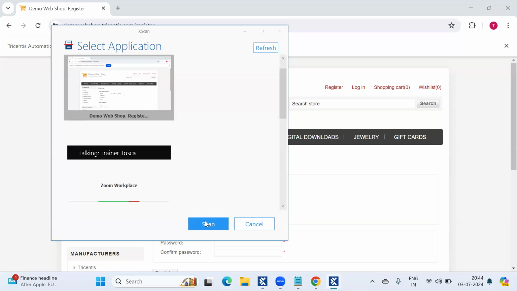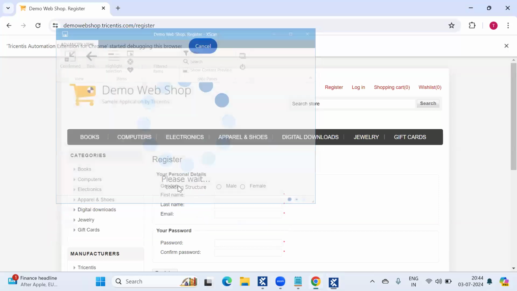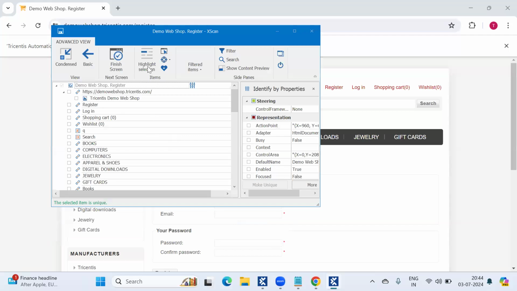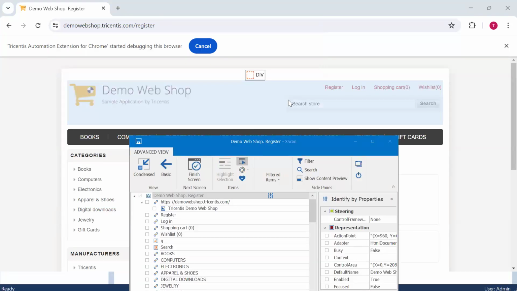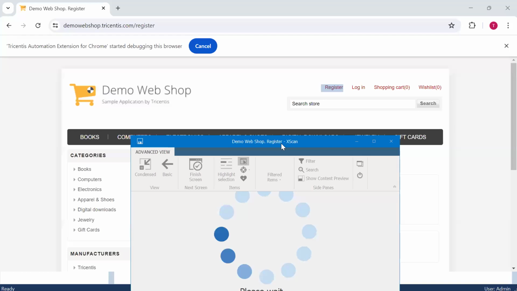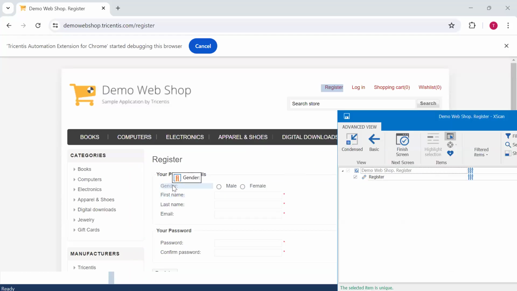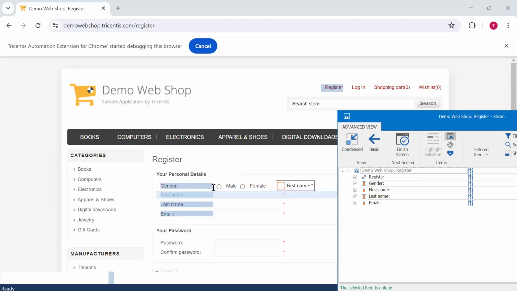Okay, let me scan this application first. Select on screen. I am selecting the register one. First name, last name, email, male or female.